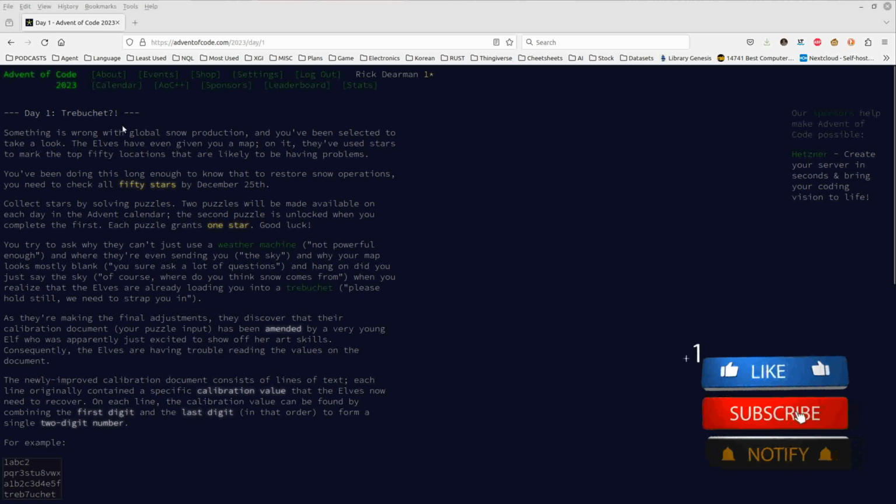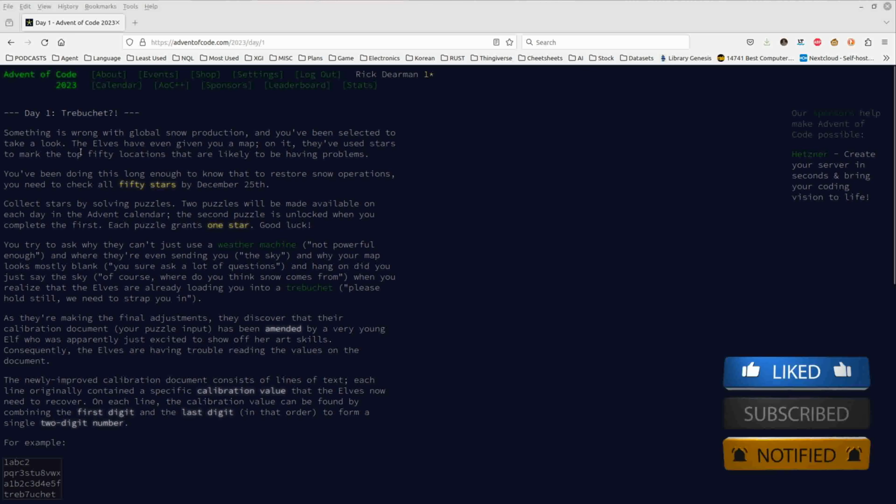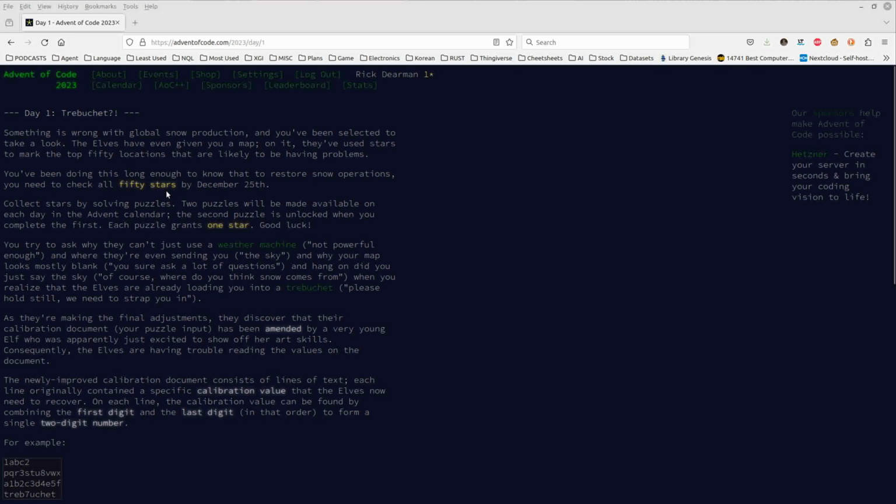I'm on the page for day one, and it gives you the puzzle, and you can get 50 stars by December 25th. You collect the stars by solving puzzles. Two puzzles are available every day, so you do the first puzzle and then you do the second one. Typically, in most programming languages, these shouldn't take you too long. But I'm using this to help me with my RISC-V programming journey, and it's taken me a lot longer than